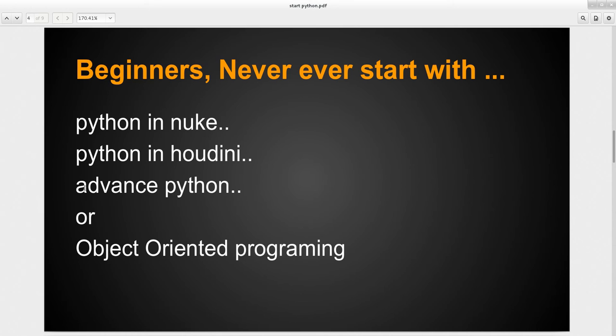Don't go for any advanced Python things and any object oriented programming, classes and all. A little bit of knowledge is okay. I'm telling you this because once you understand how Python works, then in any 3D package it works in the very same pattern. So no need to worry about that. All right,